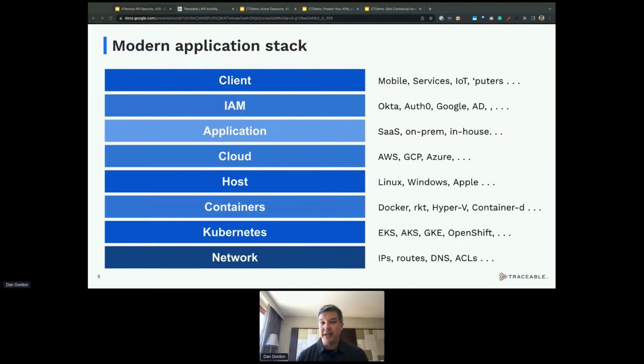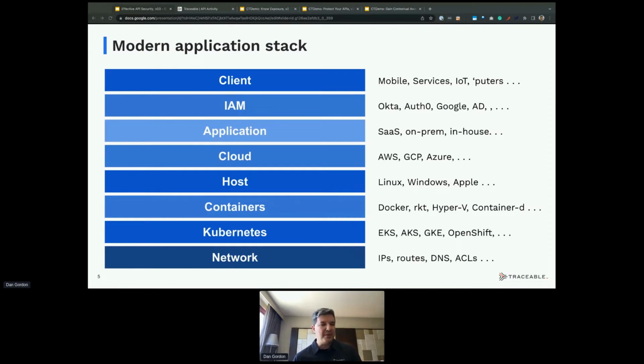We've added a layer for identity and access management and cloud identity and access management like Okta and Auth0 or Google's ID system. And so too have the clients changed. No longer just computers. Now we have mobile devices. We have services talking to other services almost as much as, or possibly more than, people talking to services. We have IoT devices, so we're in the billions, not millions, of communications and different client types coming in.